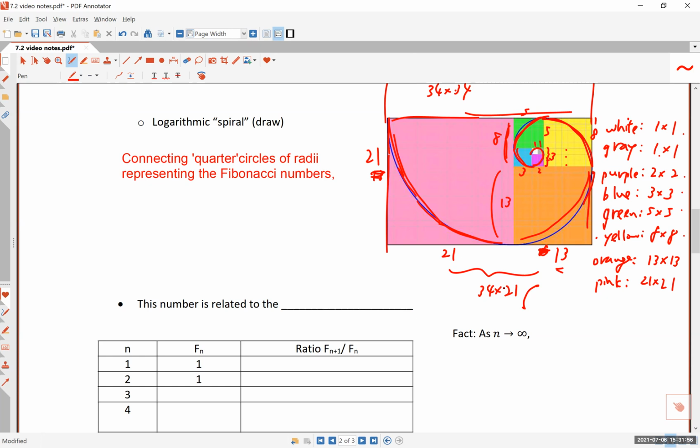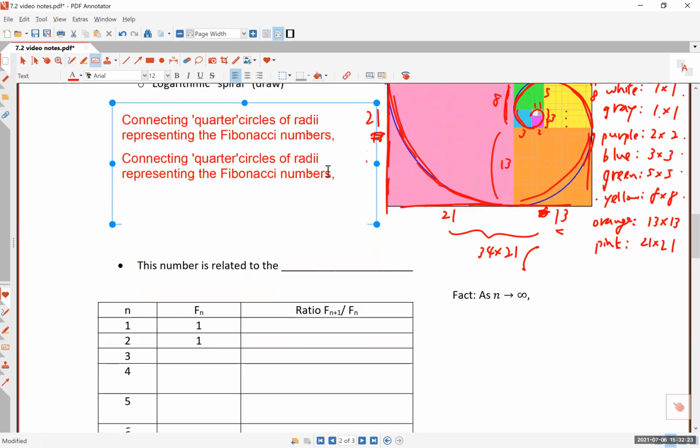So maybe what I'm saying is that the ratio of consecutive Fibonacci numbers seems to look like it's the golden ratio, right? And so that is the interesting connection between these two seemingly unrelated topics, the golden ratio and the Fibonacci numbers. All right, so let me go back and finish this sentence here. Now you know what I started to mean here, right? The connecting,